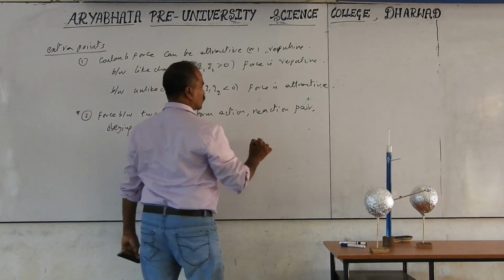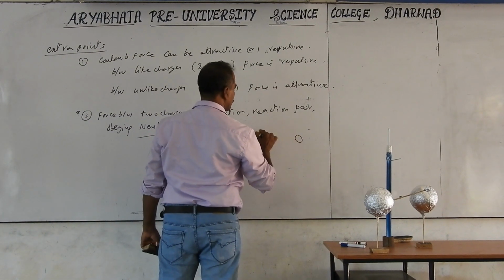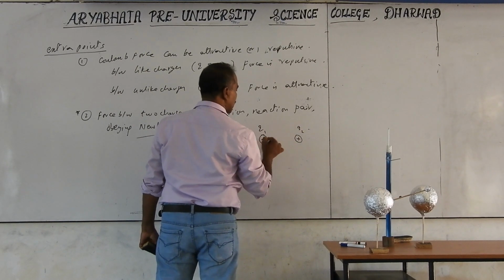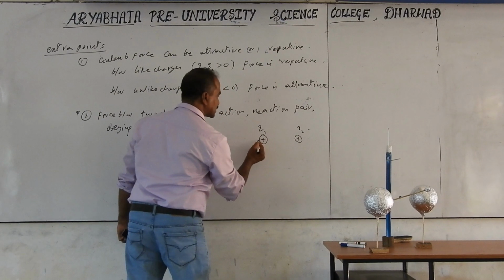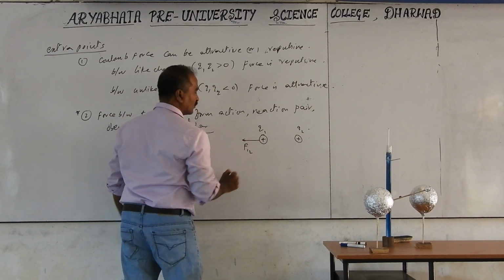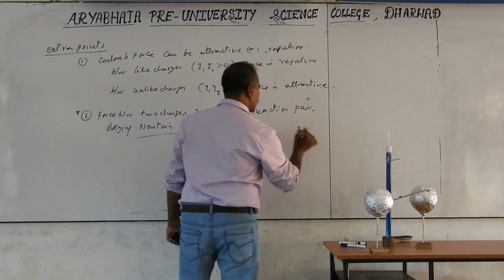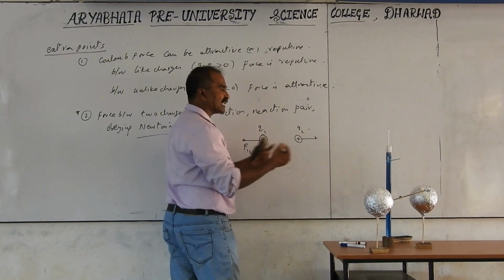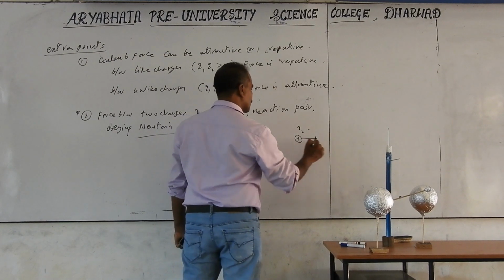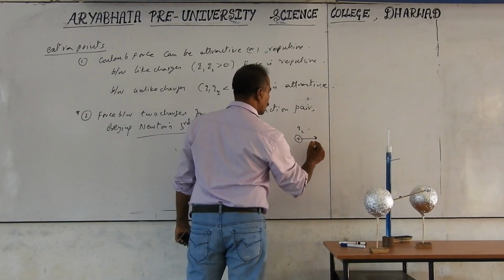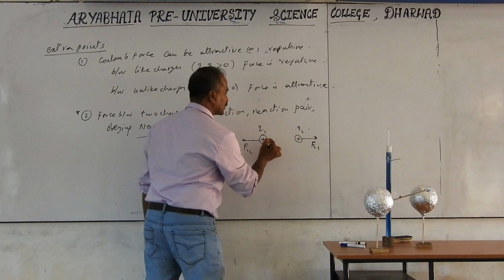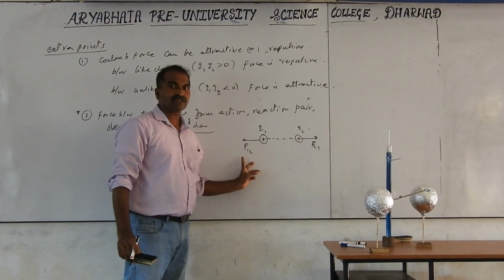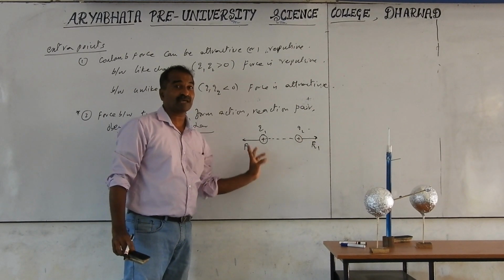That means if I take two charges, for example, two positive charges, plus Q1 and Q2, the force will be acting on Q1 because of Q2, that is repulsion. We call it F12, force on Q1 by Q2. And what about Q2? The force exerted on Q2 also, both are positive, so repulsion will be there. Each one is pushing the other one away. This is nothing but the force on Q2 by Q1, F21, along the line joining the centers of the charges. So F12 and F21 are equal in value, but opposite in direction.